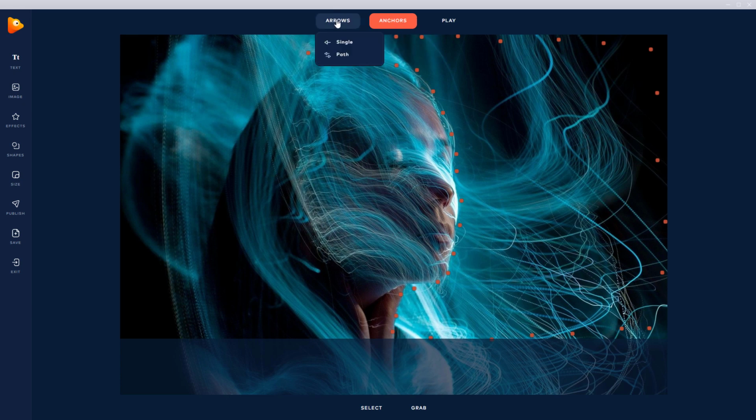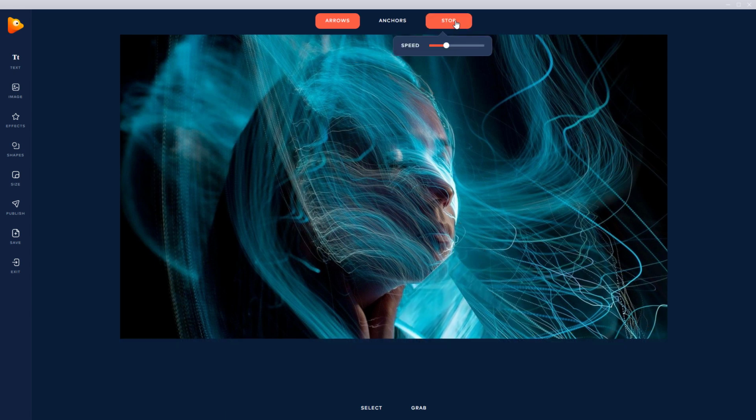Now the movement happens in this area, and the movement happens with arrows. So you should really use a short arrow and lots of them. If I use a long arrow, movement occurs for the whole of the path. What's good is we can put our arrows out and we can play it to see what happens. You can see that doesn't look very good, not at all. And we can change the speed, but that doesn't look very good. So I'm going to stop it.